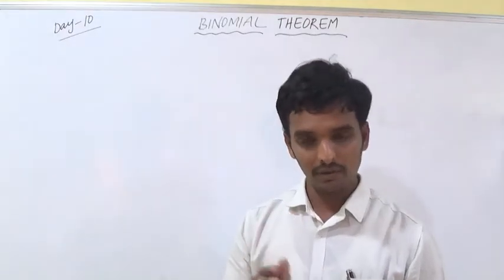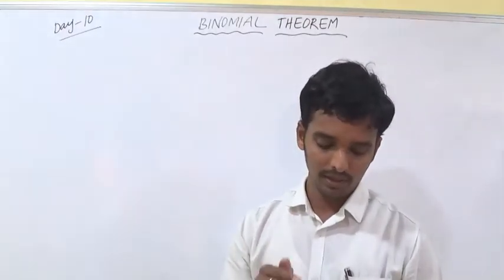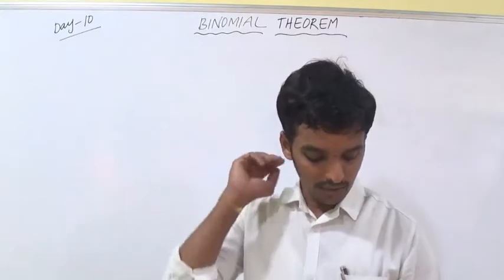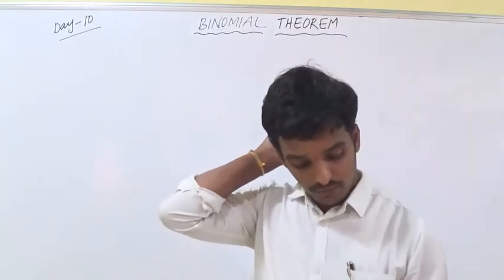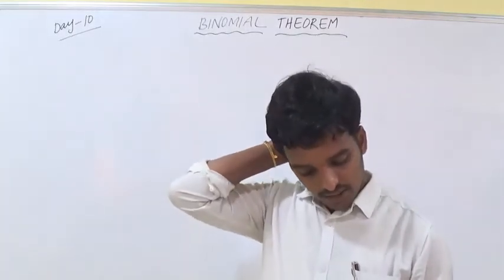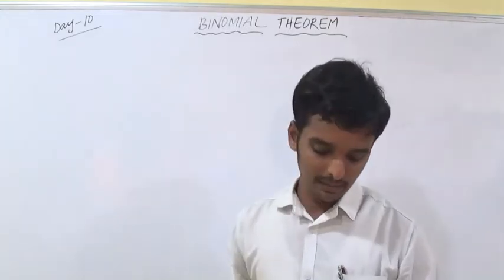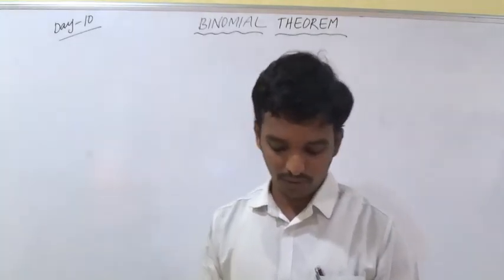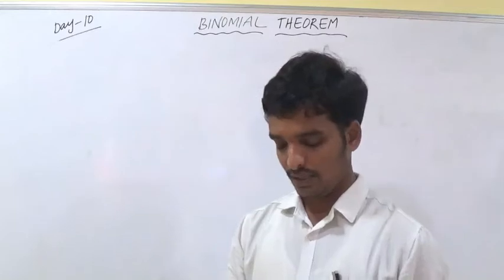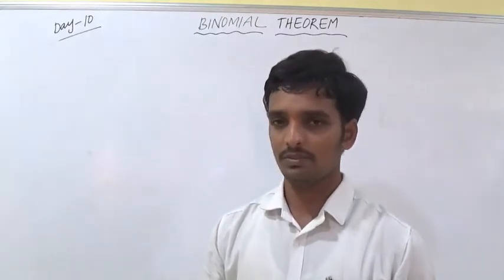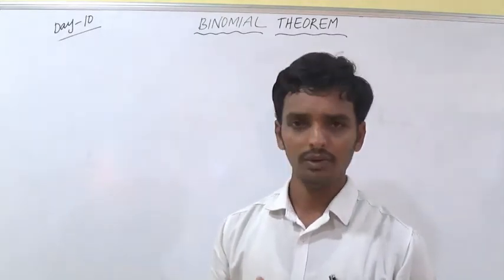Already we have completed the 11th problem. Find the middle term. You can do that. 12th problem: if the rth term in the expansion of (x by 3 minus 2 by x square) whole to the power of 10 contains x to the power of 4, then r is equal to. I won't explain this one also.